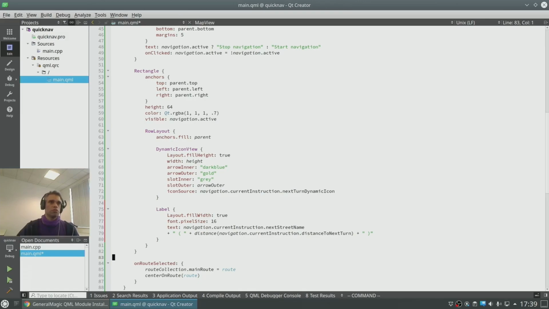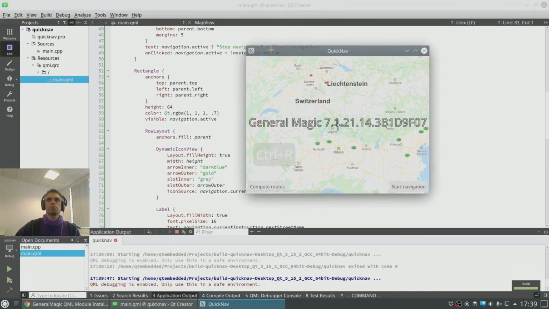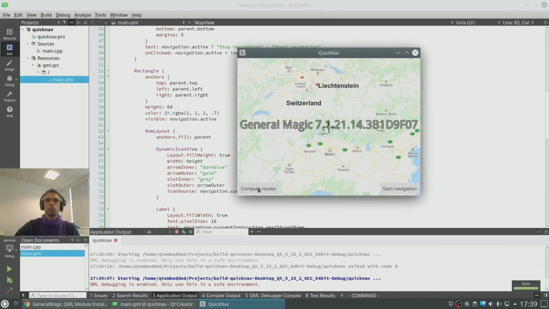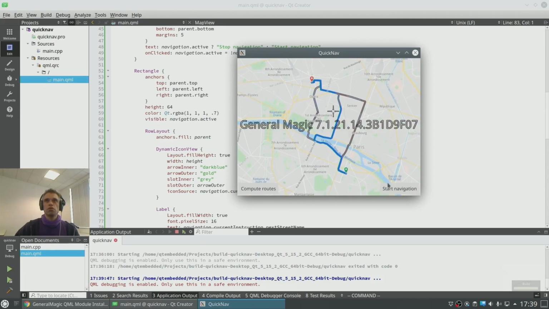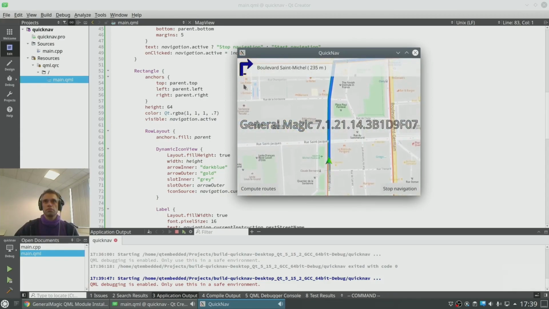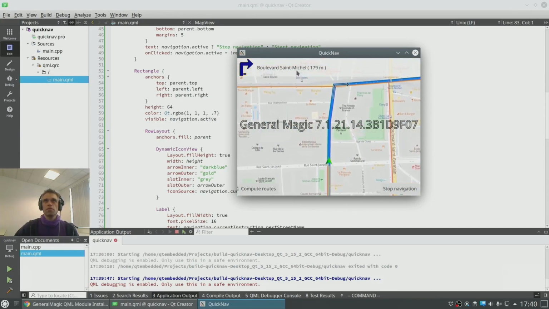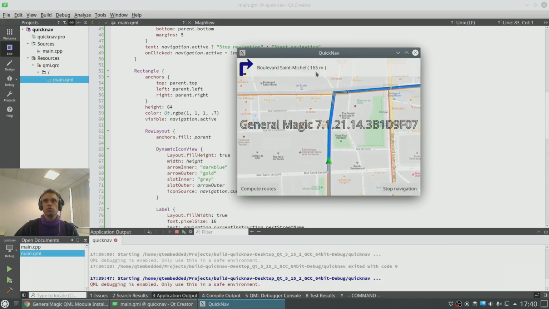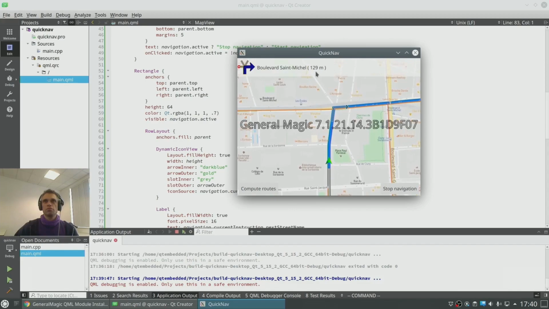Now let's see if this works. Compute routes, fly to the routes, select the route, start navigation. After 250 meters, turn slightly right. And there's our dynamic icon, there's the next street, and there's the distance to it as we navigate. Great.